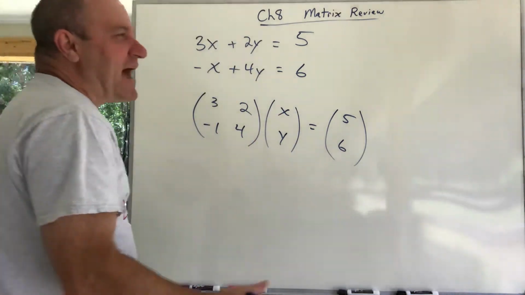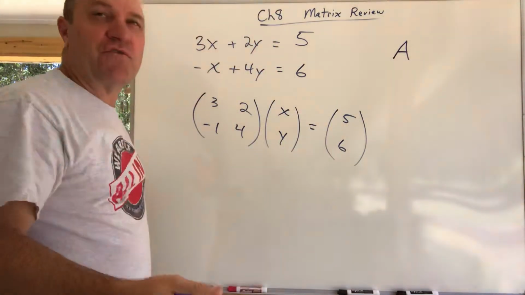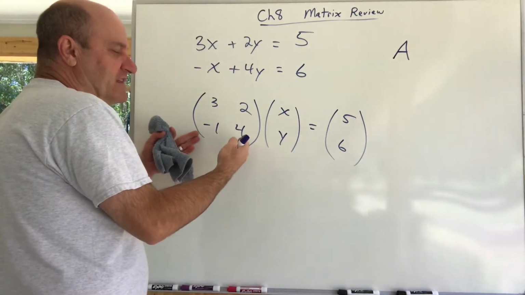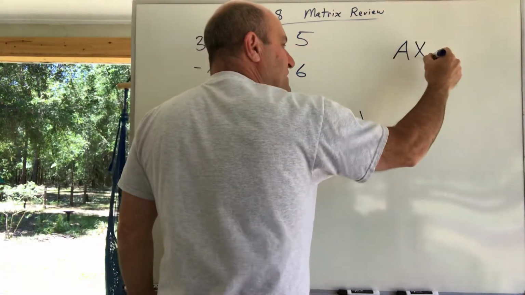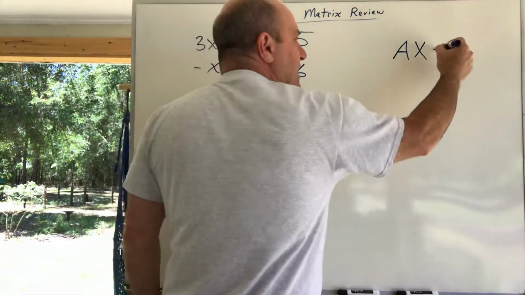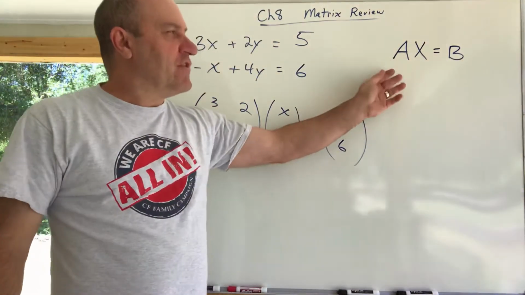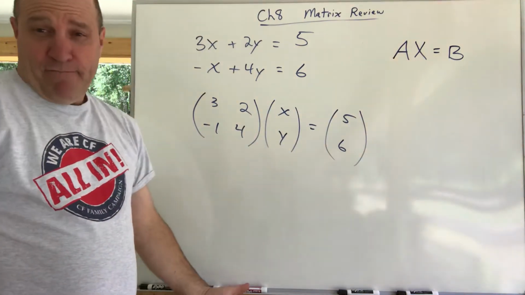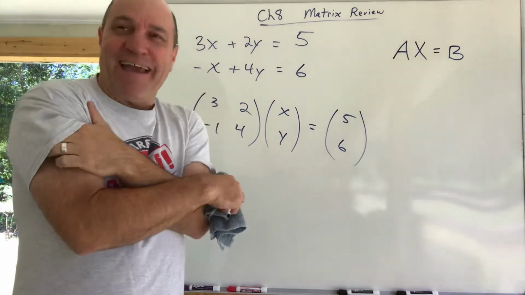And then what you do algebraically is you think of it as kind of an algebra problem. You use capital letters to represent matrices. And so there's a capital letter matrix A multiplied by the variable matrix X, and it equals this answer matrix over here, B. So if you're doing algebra and you have A times X equals B and you're looking for X, what do you do in algebra? You divide by A, okay? Well,